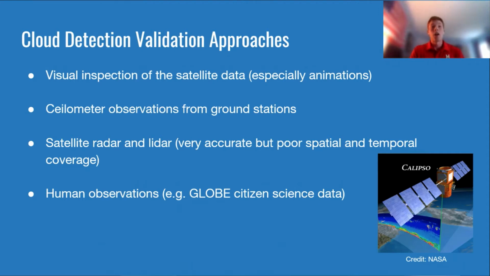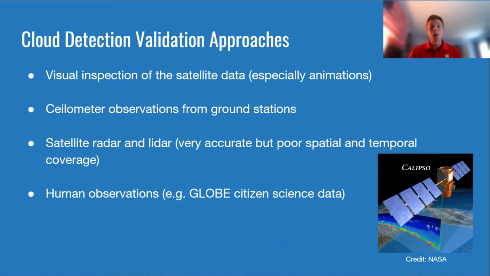So how do we validate cloud detection? We know that there is false cloud detection, but how do we validate it's there? And then how would we validate this new algorithm that we're trying to solve it with? The first step would be visual inspection of the satellite data. This includes animations such as RGB animations and cloud phase animations, which we'll look at later. Essentially, it shows you an animation of what the cloud coverage is, and you can physically look at it and try to see if you detect any false cloud cover.